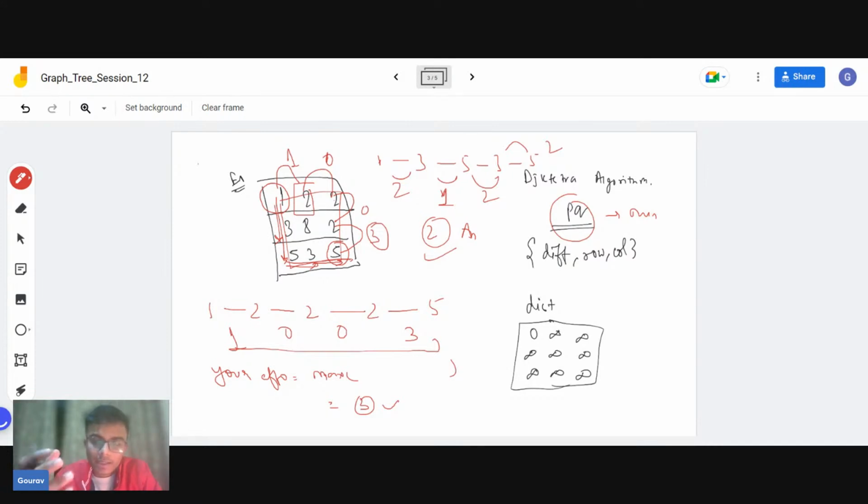Whatever distance was the minimum value would be on top of the priority queue, and we used to process that. We also used to maintain a distance array, because the distance array would help us keep track of the distances. If at any point of time you are able to find a better distance to reach any given node, you will update that in the distance array. So this was the entire idea of Dijkstra's algorithm. In this case also we will be maintaining a priority queue and using Dijkstra's algorithm, because we need to minimize our effort.